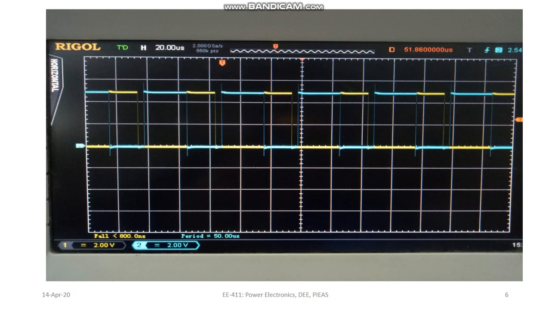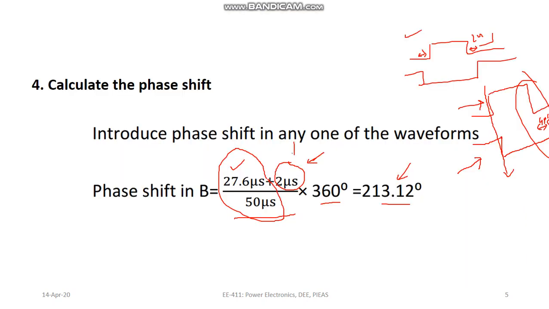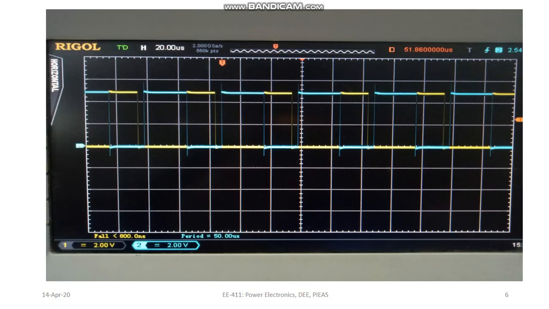If I do not add this value of 2 microsecond, and in your case this value will be whatever dead time you want to introduce, you see that these waveforms are coinciding on one end, and we have introduced the dead time, but the whole of the dead time is being shifted on